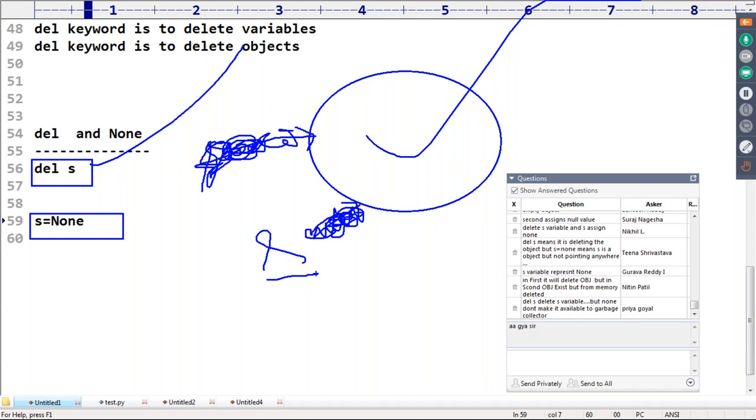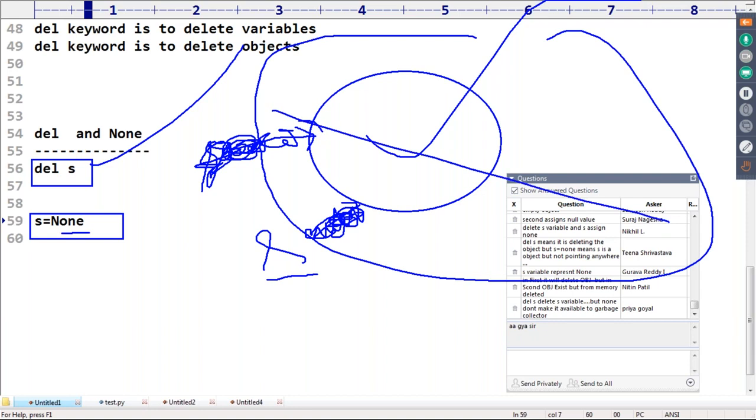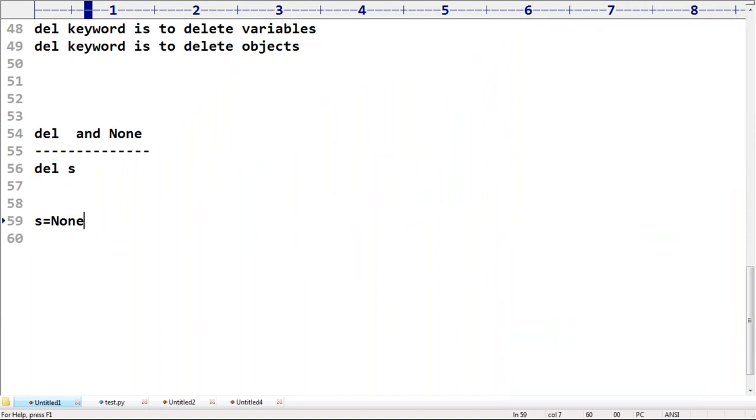Just simply null, None. The s variable is there, and its value is just None, but the corresponding object is eligible for garbage collection. Are you getting? Sir, very simple. Do you want to delete the variable, or do I want the variable, but the corresponding object I want to make eligible for GC? That is the difference between these.